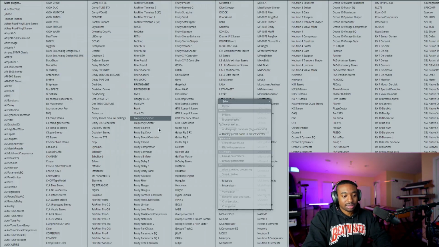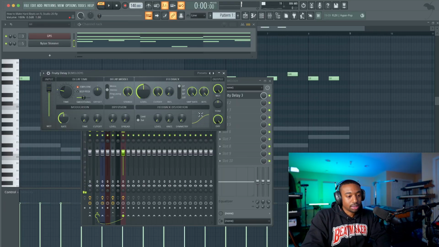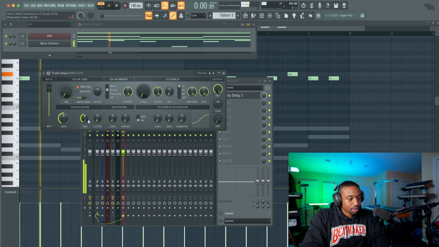Okay, so now we can process all these sounds together. The reason I'm doing so much work is because this is the texture of your beat. We're gonna get into the drums and all that. Let's turn down the dry level and turn down the feedback level of Fruity Delay 3, turn down delay time, and mess with the time modulation. This creates a pitch wobble effect, and you could add saturation here. You can do a lot of things like lower the sample rate.